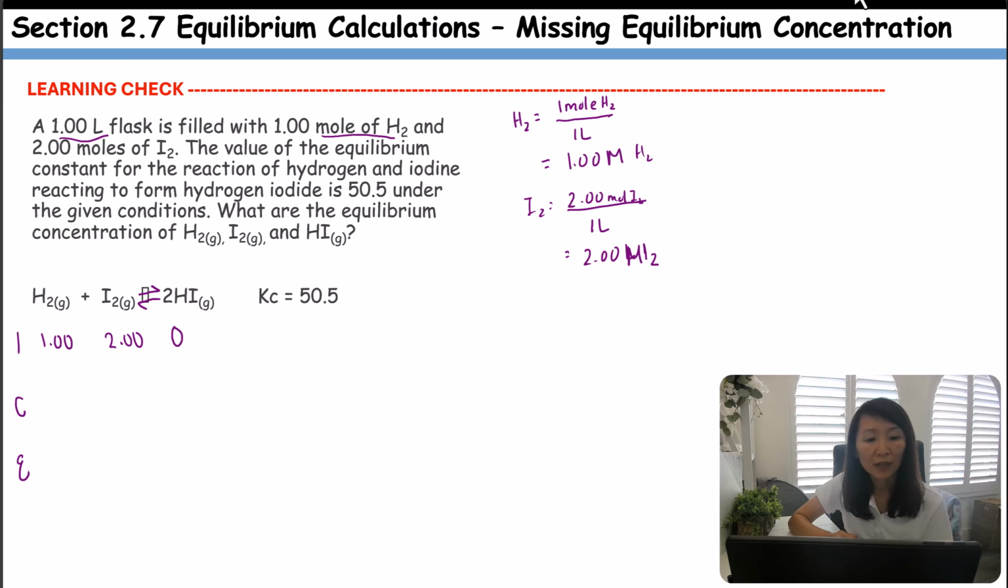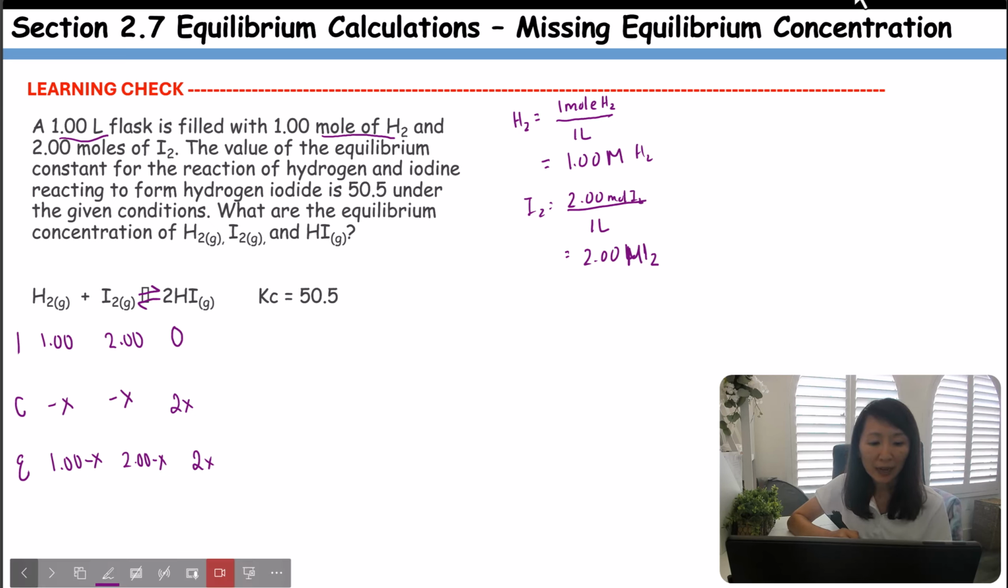There is a change in that the reactant diminishes, or minus the X. Since this is a 1 to 1 to 2 ratio, we will end up having positive 2X here. So at equilibrium, you have 1.00 minus X. Here you have 2.00 minus X. And here you have 0 plus the 2X, which is just 2X. Okay, so now that we have the ICE table filled out, hopefully you are able to set up for KC